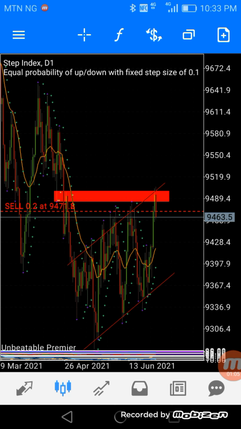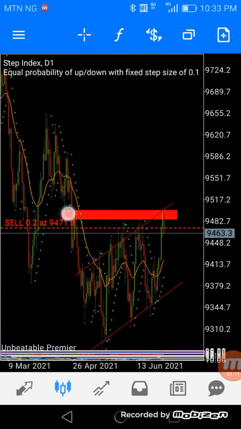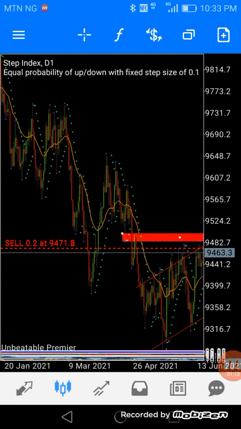So we looked and we saw that the market was rejected somewhere around here. Previously the market was rejected somewhere around here. Let me just extend this rectangle so that you have a better understanding. Okay, we saw that the market was rejected somewhere here,